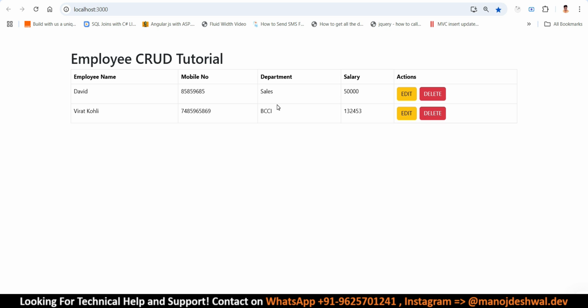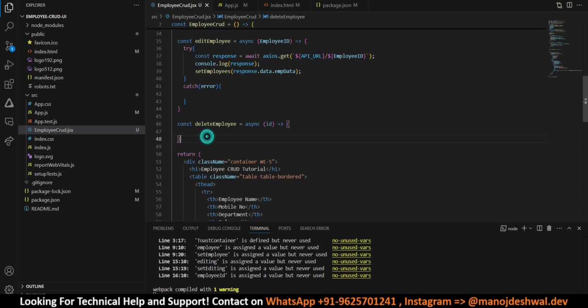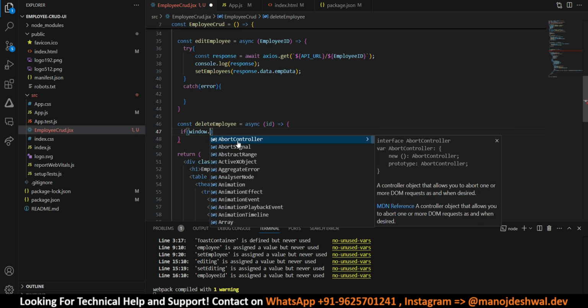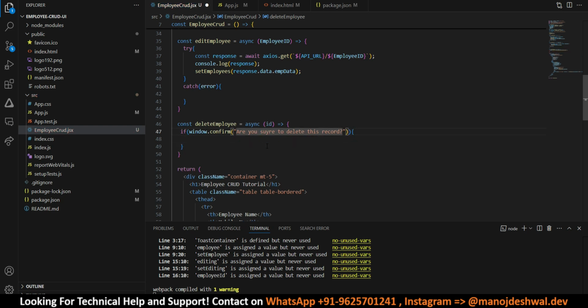Now let's try to create the delete API, and then we'll create the add and update. So here on this delete employee, we will create our delete API. First, let's add one confirmation. If window dot confirm, sure to delete this record, then